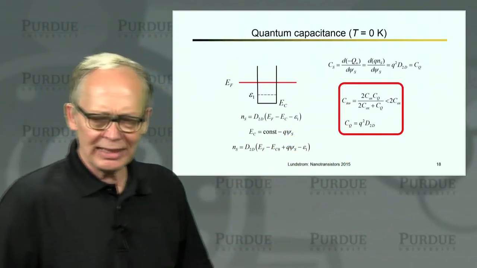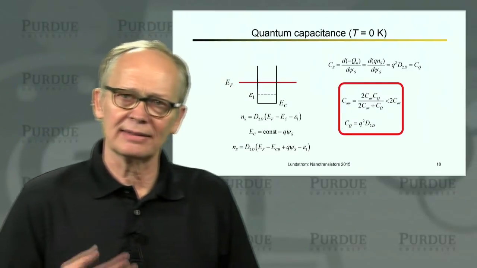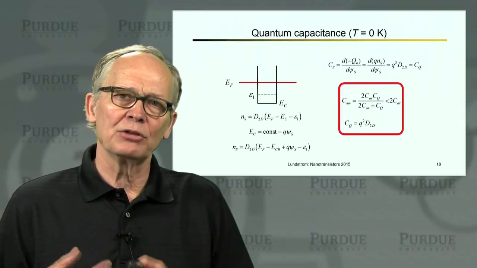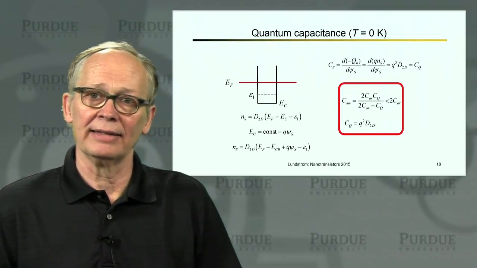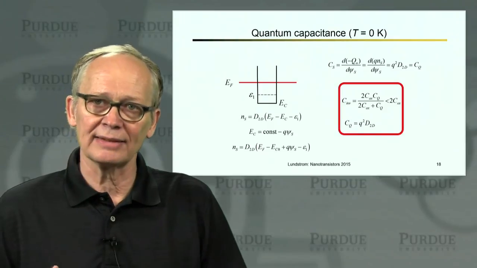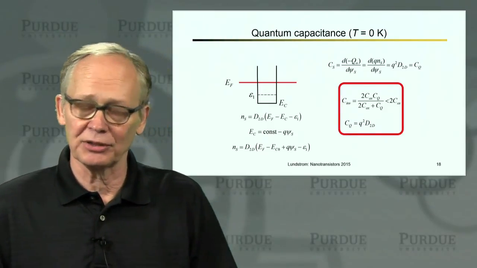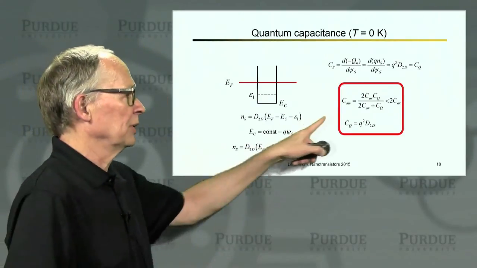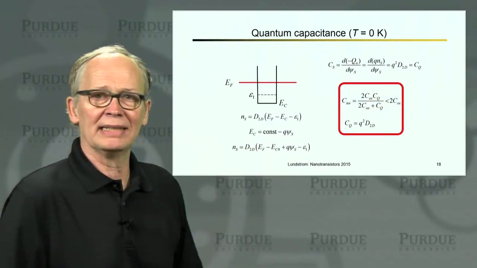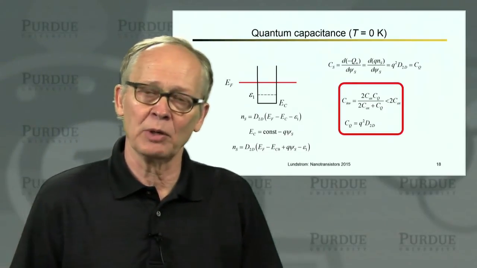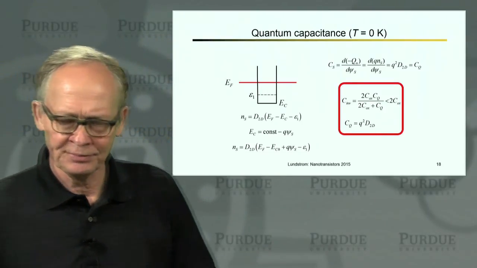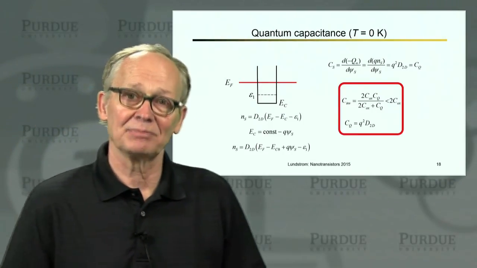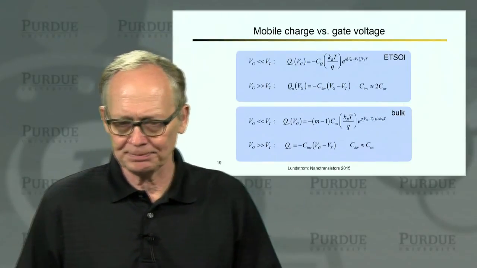And that quantum capacitance is a semiconductor capacitance, and you can already anticipate if you were going to build a MOSFET on a low effective mass, low density of states material, like a III-V material, then you would have a lower quantum capacitance. A lower quantum capacitance is going to lower the overall capacitance, and that would hurt you because normally we want high capacitance to get high charge. So we can get that kind of qualitative insight on how effective mass affects semiconductor capacitance from this expression.